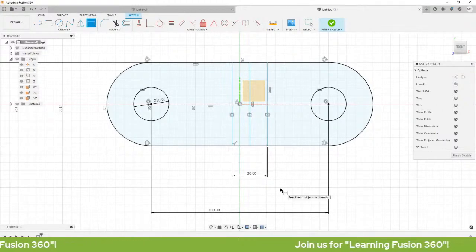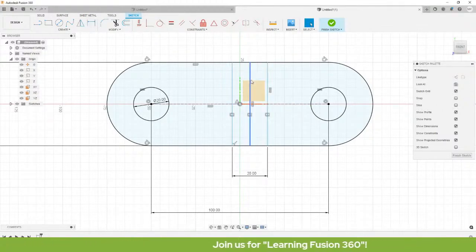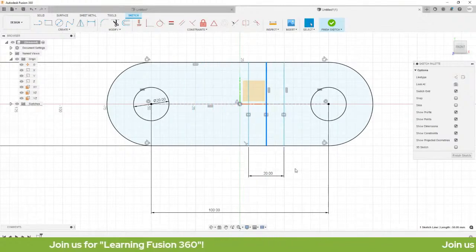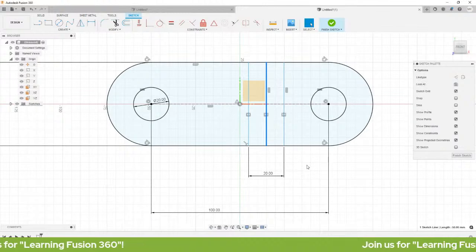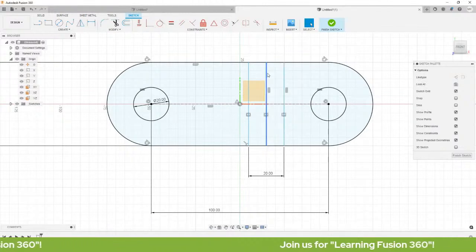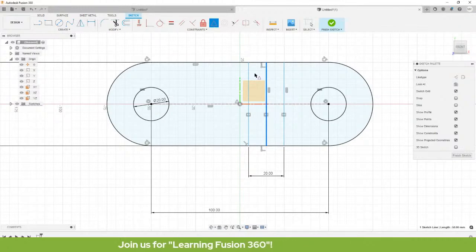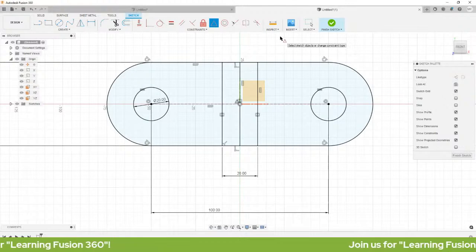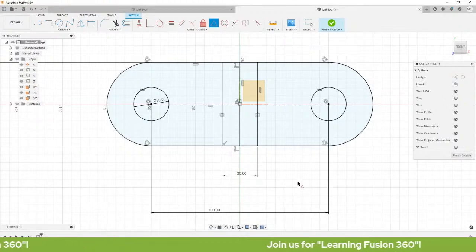Okay? Let's hit escape. Okay, so hindi pa siya fully constrained kasi nagagalaw pa siya and it's in the shade of blue. So, select this line, select midpoint, and select our origin. Okay? So, napunta na siya sa gitna.